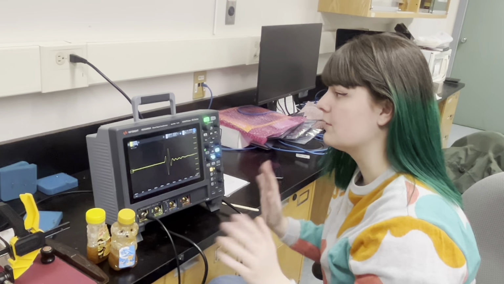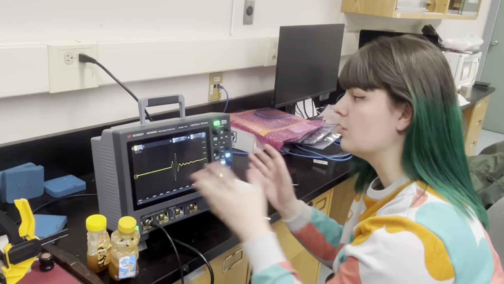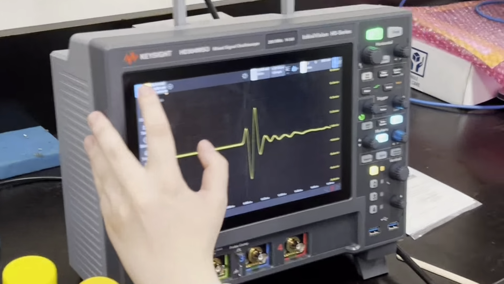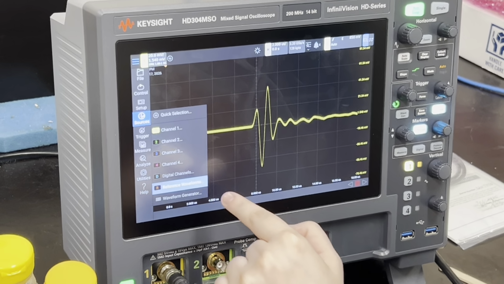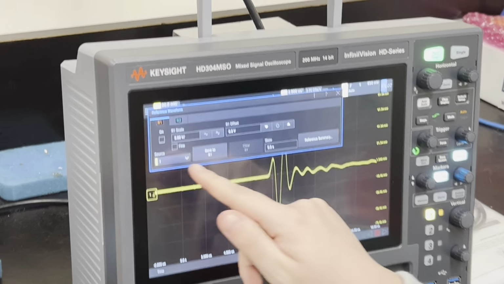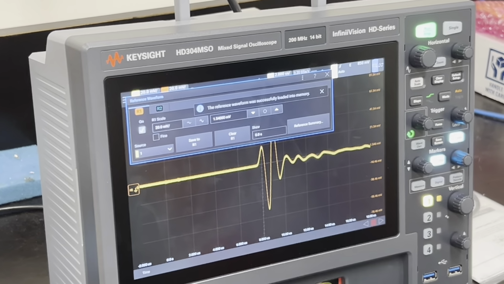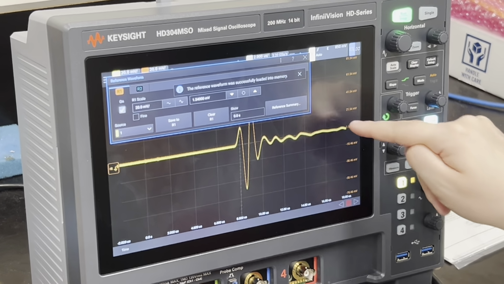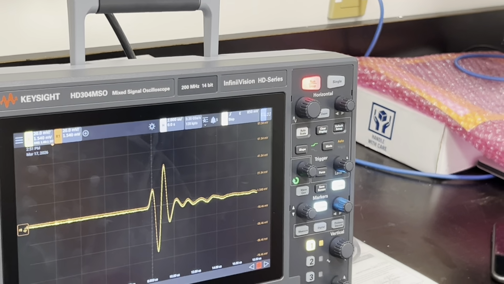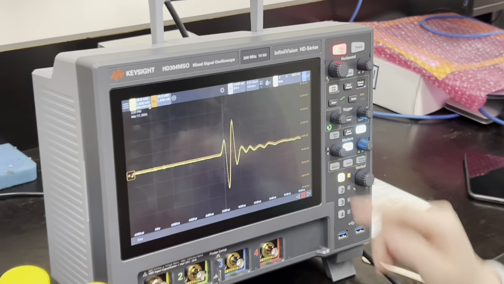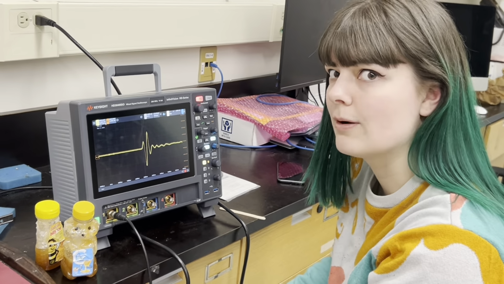Alright, now that we have a good waveform, we can reference it. So we can choose another rock and then compare waveforms. So I'll hit the button up at the top here, sources, reference waveforms. So when I hit R1 is on, we can save this reference to R1. So this waveform will match the R1 wave. And now we can hit stop. And then that orange wave is our R1. And then now we can connect another rock and see how that one lines up with